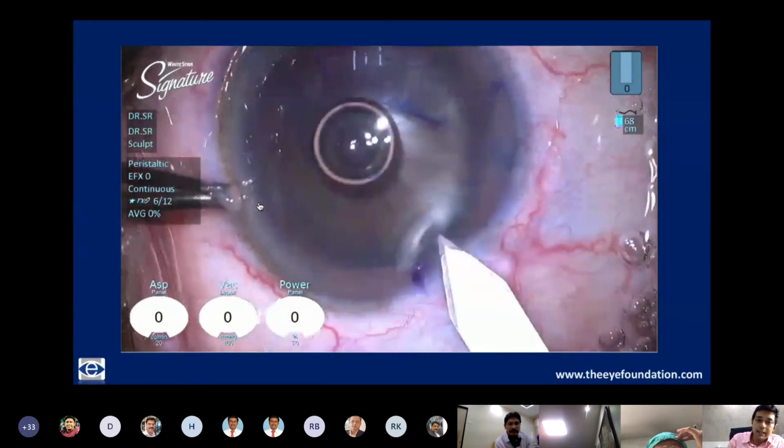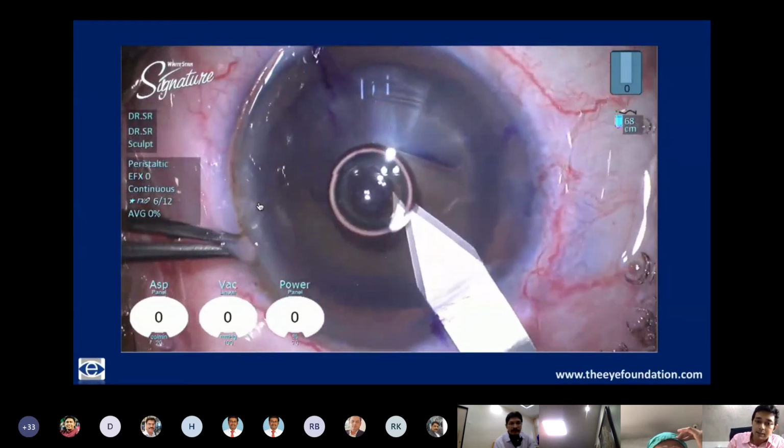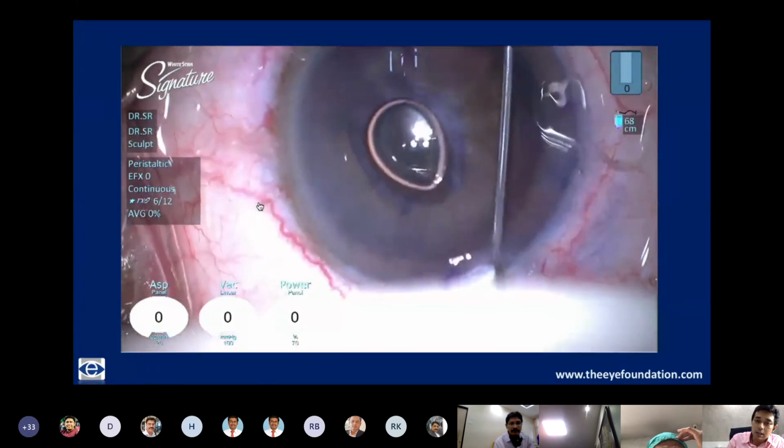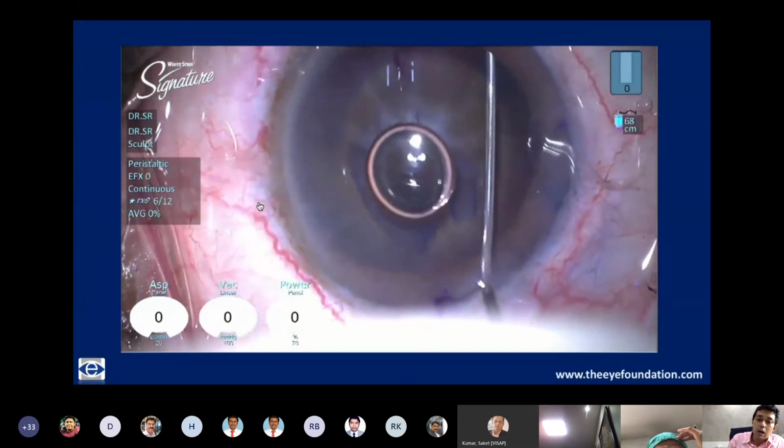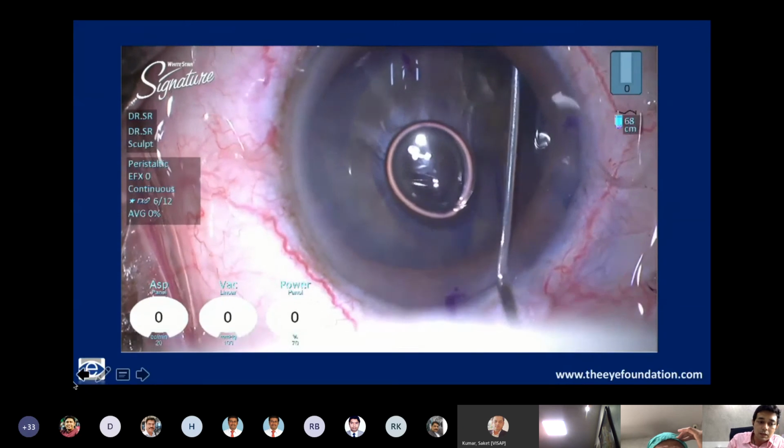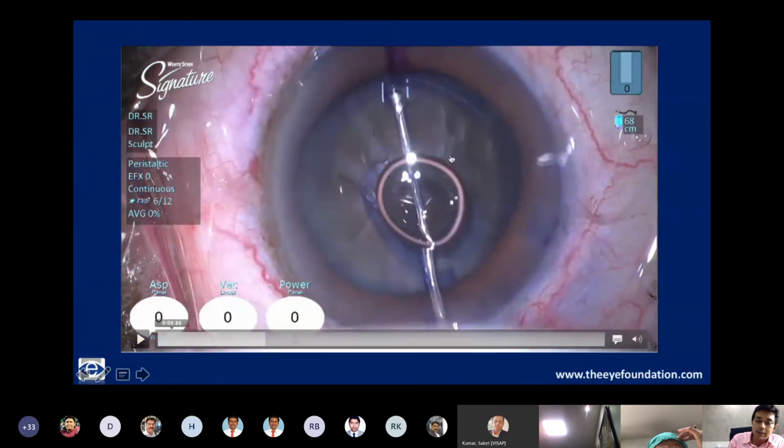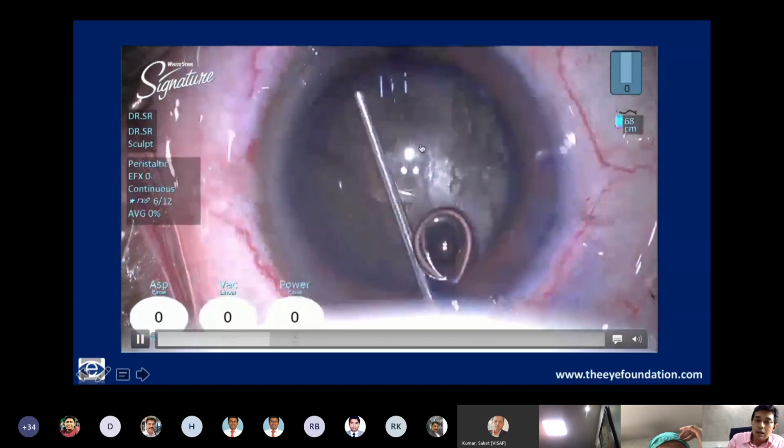With regards to the rhexis, I like to have a moderately sized rhexis, definitely not small. At the same time, you don't want it to be too large as well. The advantage of having an adequate rhexis is that even in case one of your chops has not gone all the way through, and you're taking a slightly larger piece out, this sufficiently sized rhexis allows you to maneuver the piece into the anterior chamber. But at the same time, you don't want such a large rhexis that there is not a uniform overlap of the intraocular lens, especially in toric and multifocal lenses.